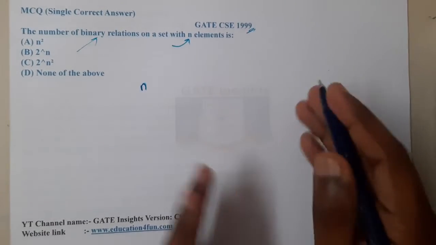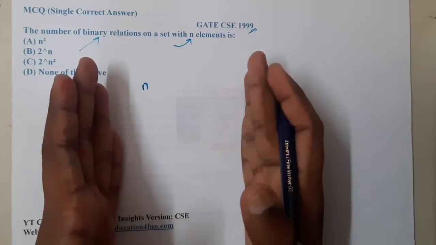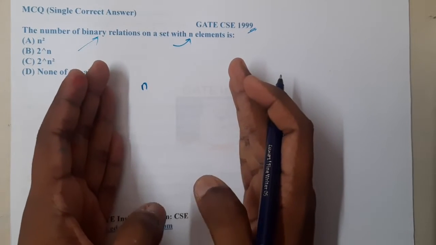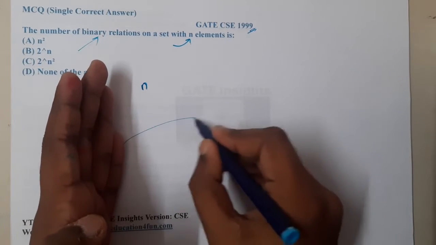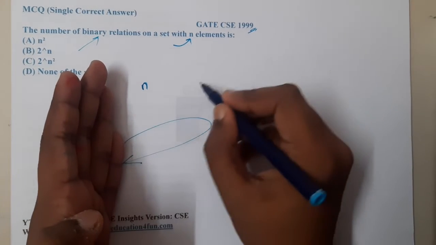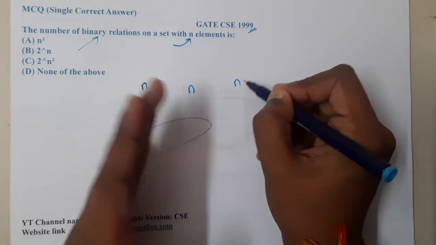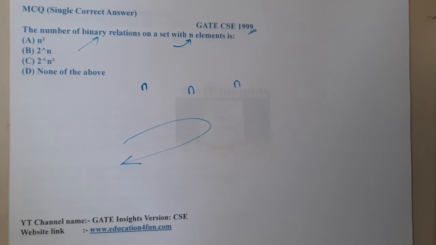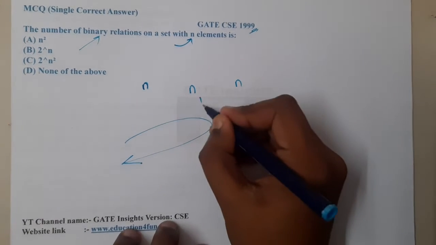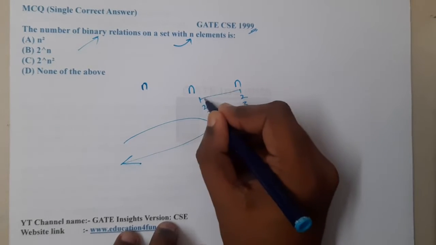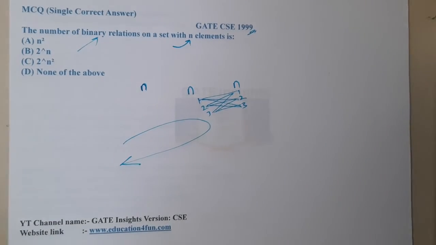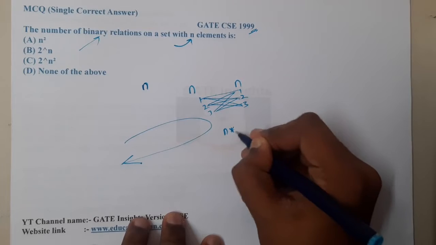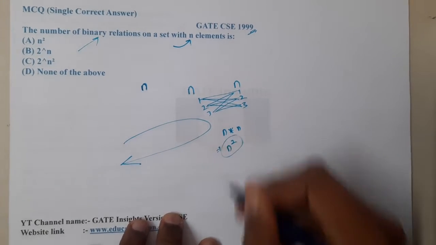If we are talking about a relation, there should be one set and some other set, and in between these two we maintain relations. But in the question they did not specify the other set. Whenever they do not specify the other set, it is indirectly that set to itself. So in the first set there are n elements, and in the second set there are n elements. In how many possible ways can we arrange them as pairs? If there is 1 2 3 here and 1 2 3 there, we get 1 1, 1 2, 1 3, 2 1, 2 2, 2 3, 3 1, 3 2, 3 3. So it is indirectly n into n.